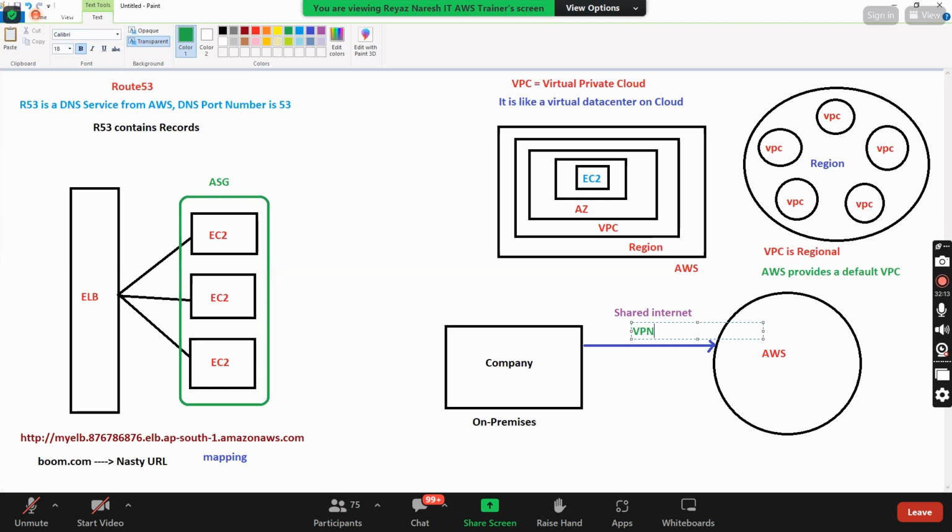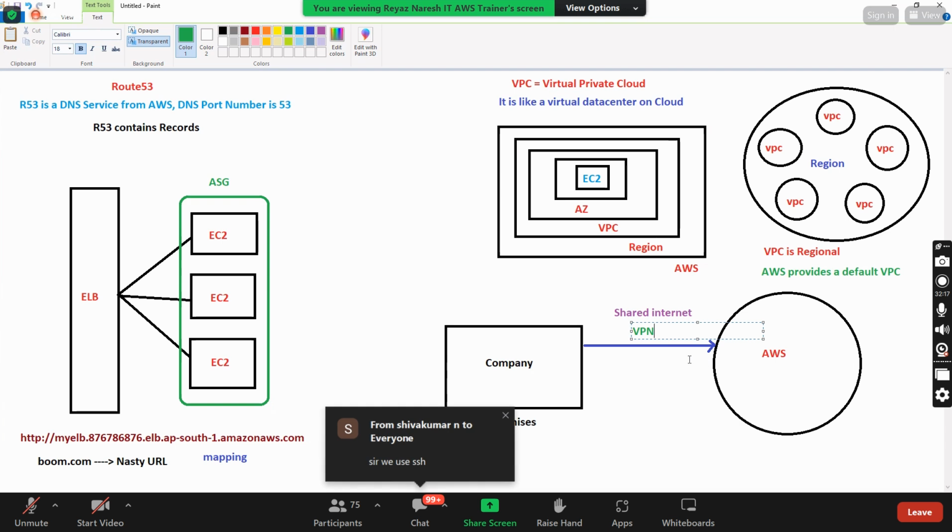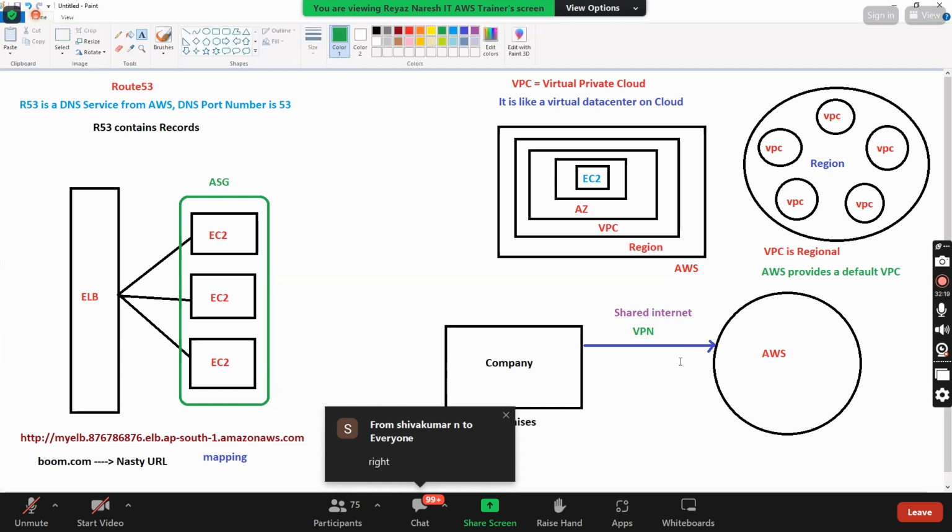Now, a question for you: is VPN still using the public network? Yes or no? VPN is still using the shared internet only. In the shared internet, it is creating a private network. But this VPN is still using the shared internet concept only, no? Let's say, for example,